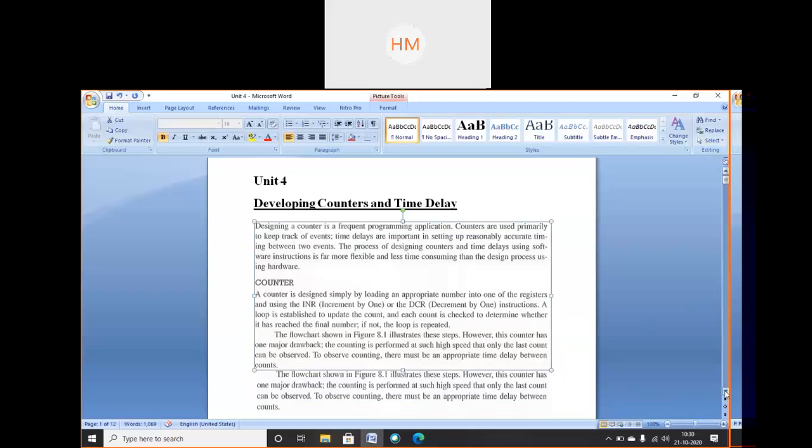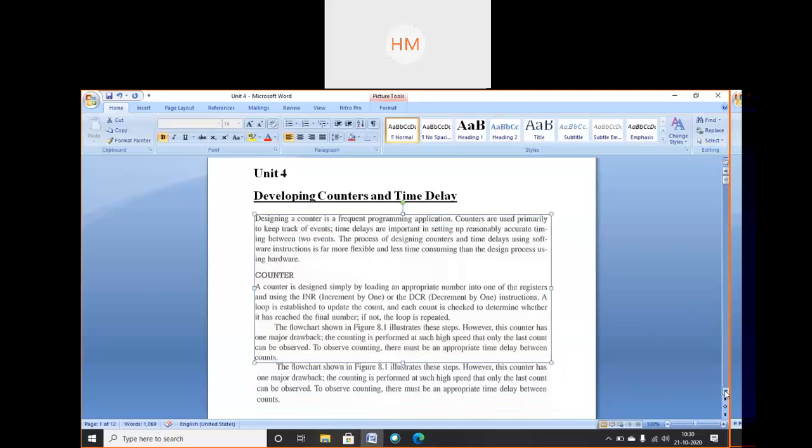So, developing counters and time delay. What do you mean by a counter? Designing a counter is a frequent programming application.